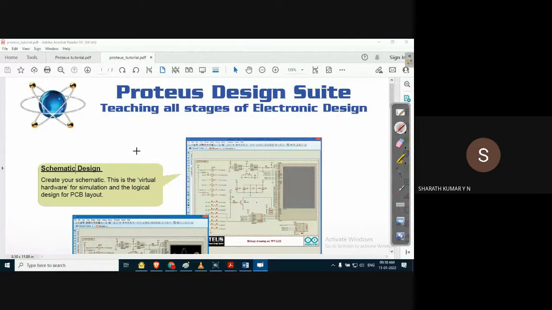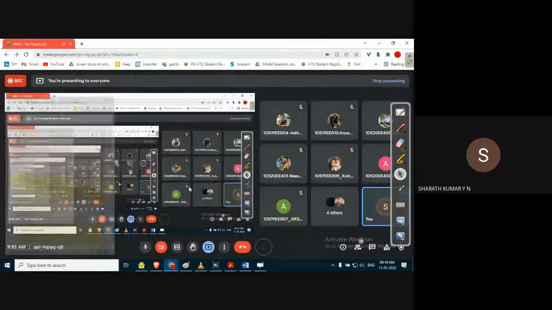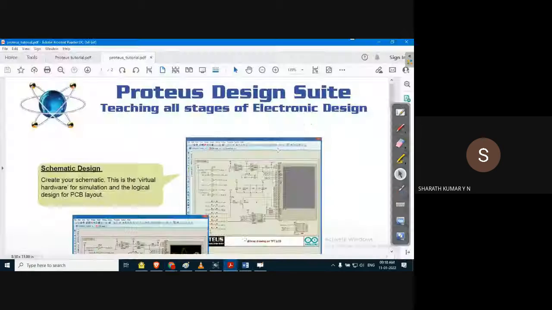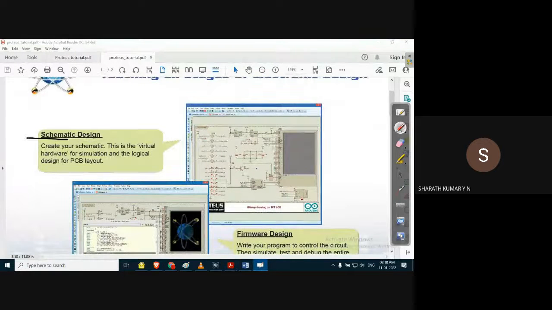The various purposes for which the Proteus software is used, or in other words, what modules Proteus software supports basically. Let us look into that. Here it is. Basically it is used for what is known as schematic design.